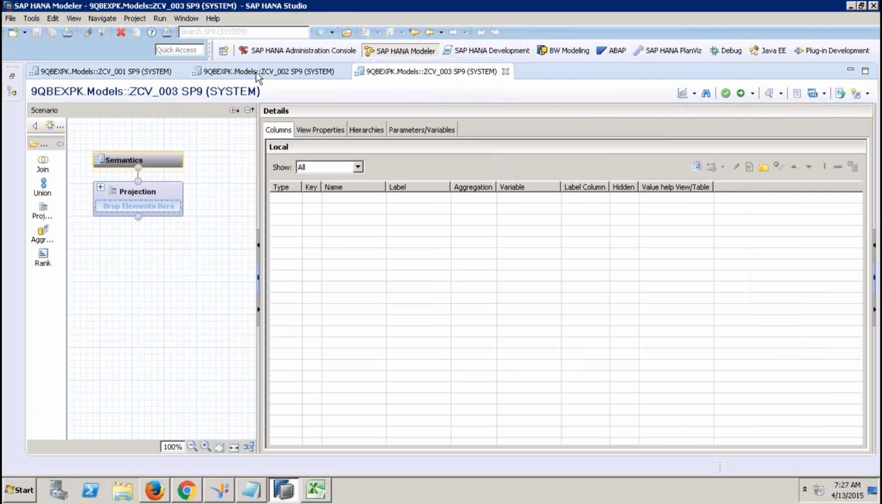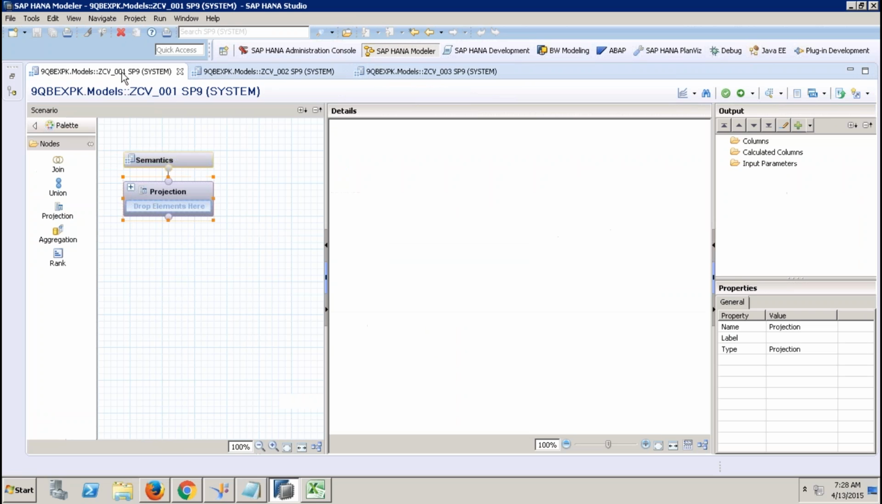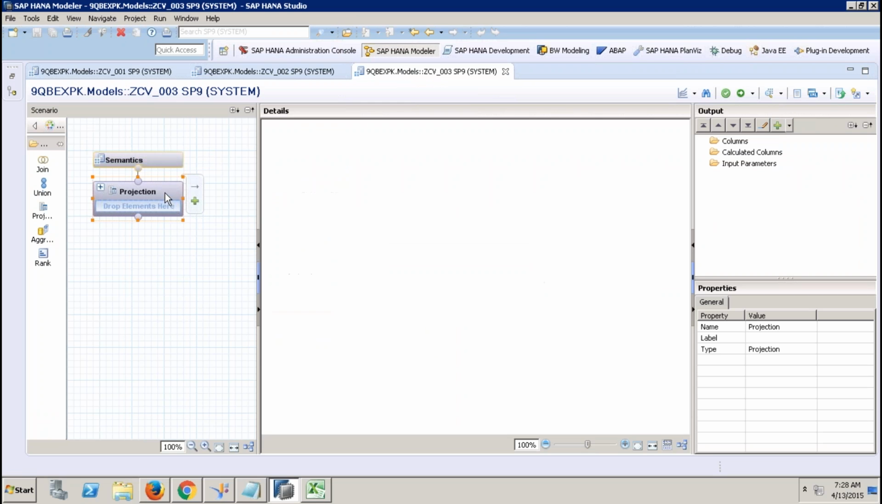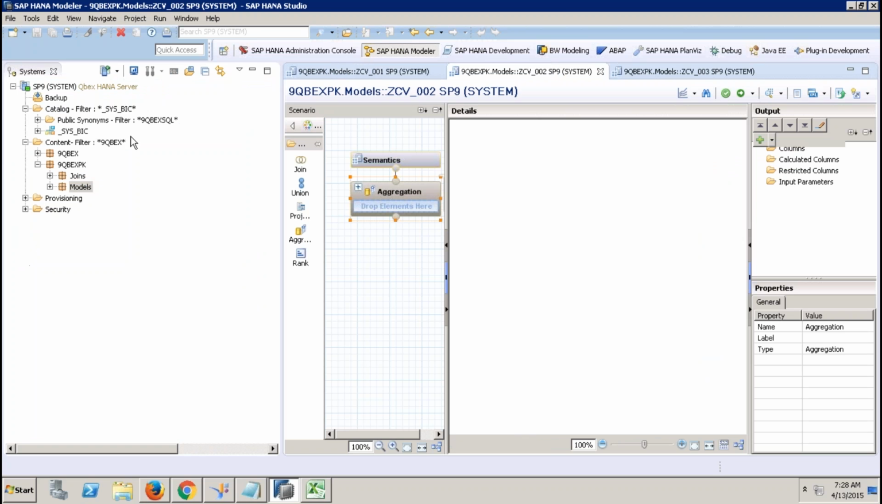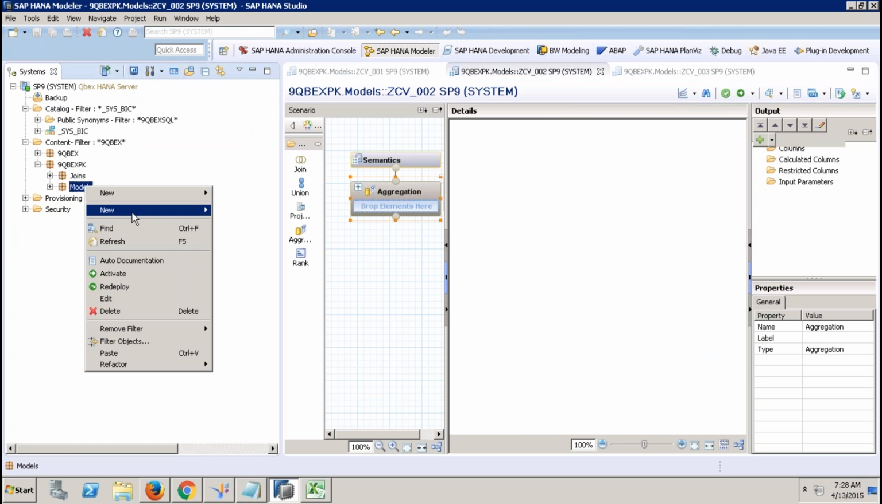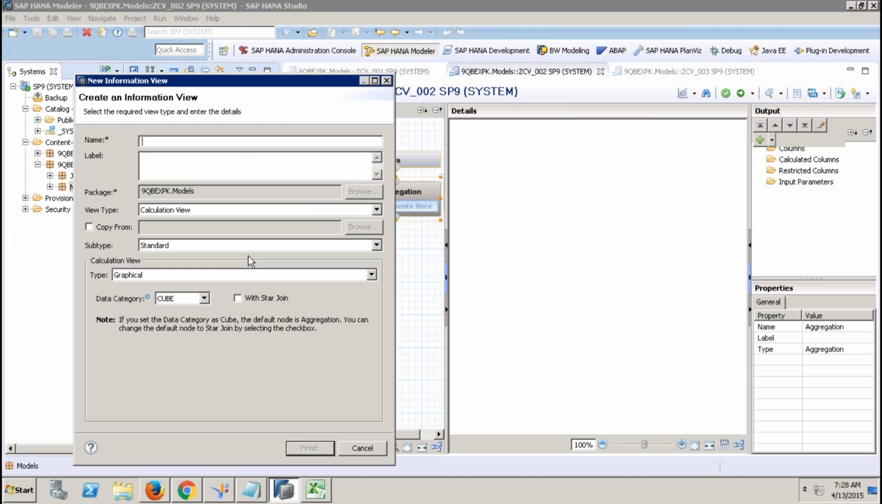So depending on the data category what you choose, the default output node changes. If the data category is dimension, you'll have projection. If the data category is blank, you'll still have projection. But if the data category is cube, you'll have the output node as aggregation. But if I create a calculation view